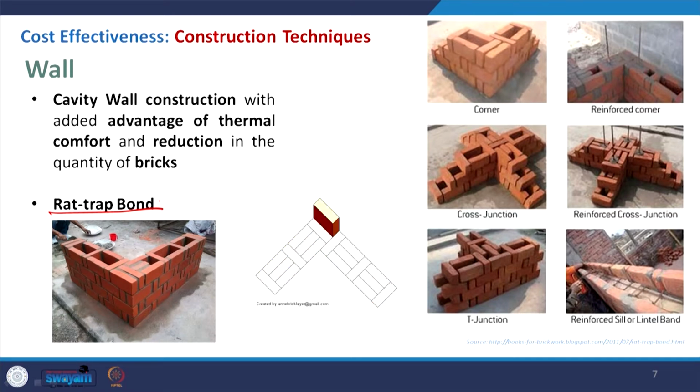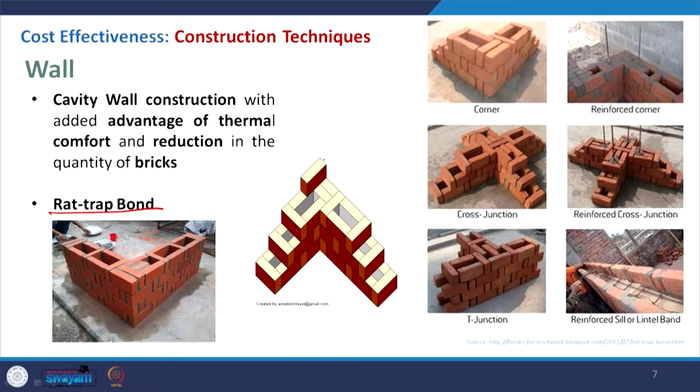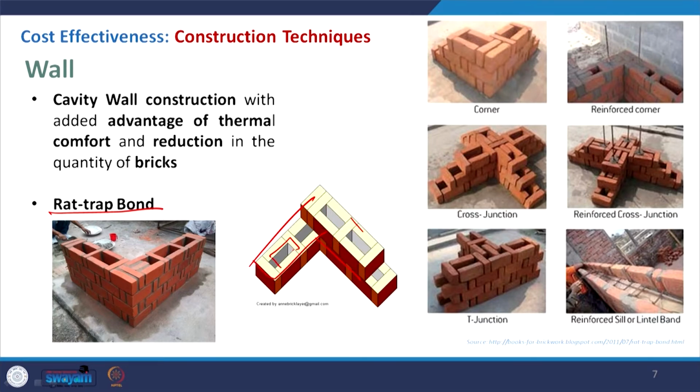So, a brick is basically being laid like this, where the cavity is being maintained, so that you can get your adequate width of the wall. At the same time you get some area for insulation, and definitely as the same area is being covered with a void, that is saving the volume of the brick.